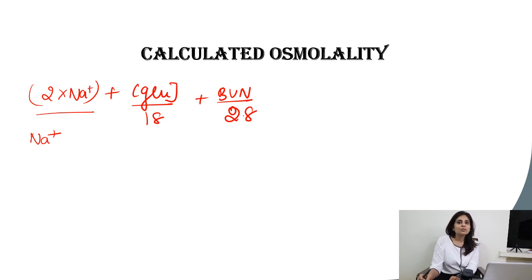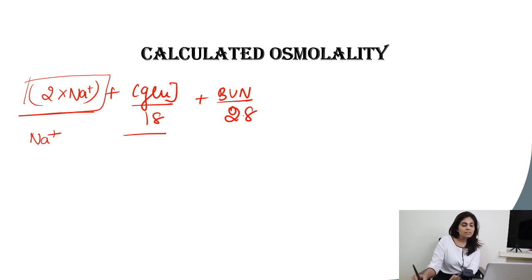It's because sodium would not have been in your circulation as just Na+. It would have been there as sodium chloride or sodium bicarbonate, which would have dissociated to give sodium and the corresponding anions, Na+, Cl-, Na+, bicarbonate minus. So instead of measuring cation separately and anion separately, it's more wise if you measure the major extracellular cation and multiply it by 2, because that way you're including the effects of both cations and anions. That is why it is 2 into sodium, to include the effect of corresponding anions.